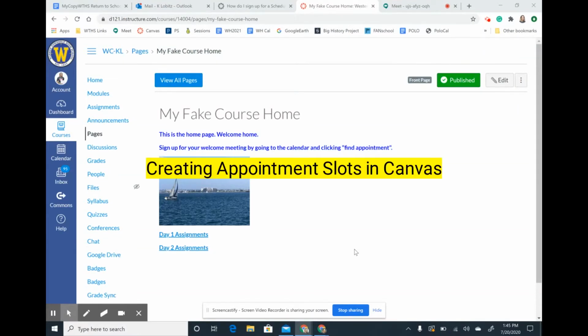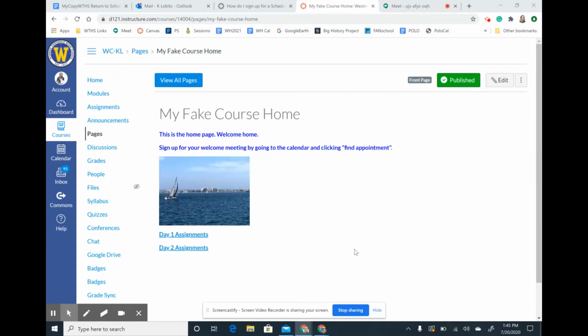Hi everyone. So I'm going to go over a feature in Canvas that's kind of newish where you can allow students to sign up for individual time slots for a meeting. Now, it's not perfect and I just played around with this today, but this is the basics of how it goes. So you start on the calendar,